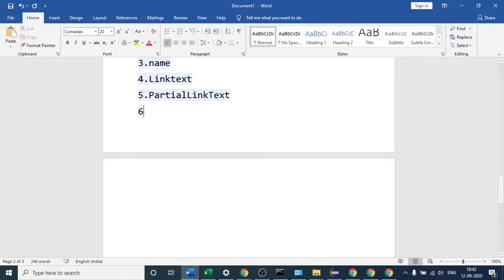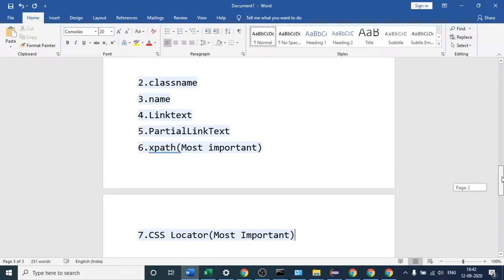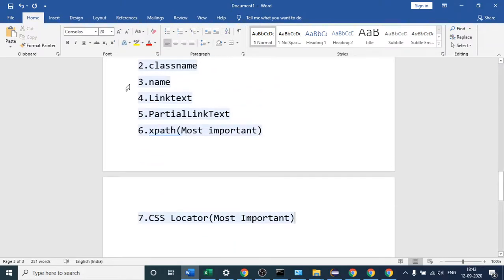These are the locators. This is one of the locators, most important among all, I will say. And this is also one of the locators, which is the CSS locator. This is also one of the most important locators from the Selenium point of view. So one by one we will discuss all of the remaining six locators as well.